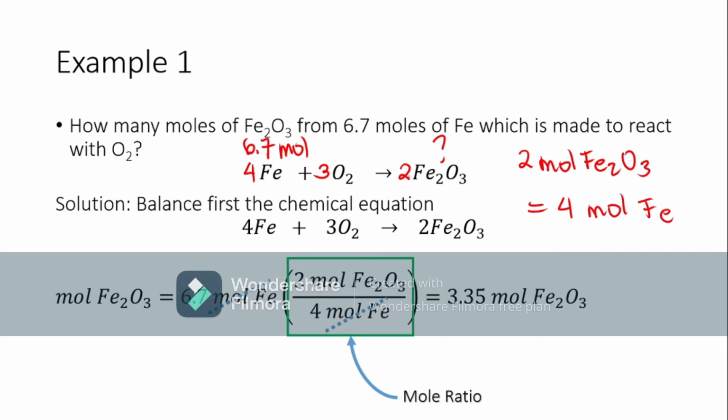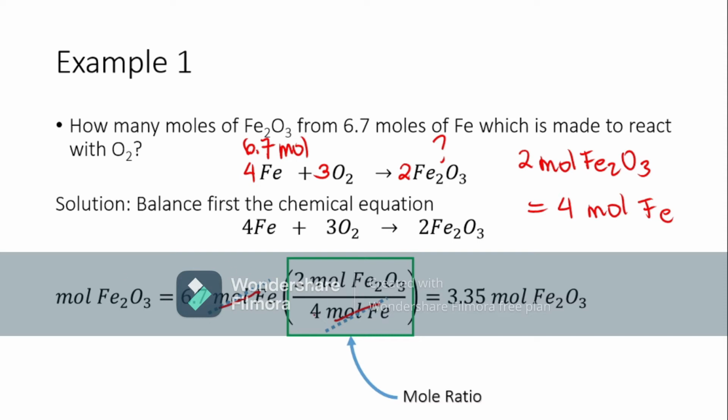Ganun ulit, cancellation of units pa rin tayo. So, kung 6.7 moles of Fe ang nandito, dapat yung baba ay moles of Fe din. So, 4 moles. Yung nasa taas, dapat yung counterpart, which is 2 moles of Fe2O3, since siya din naman ang hinihingi sa atin. So, cancel the moles of Fe. So, simplifying this one, we will have